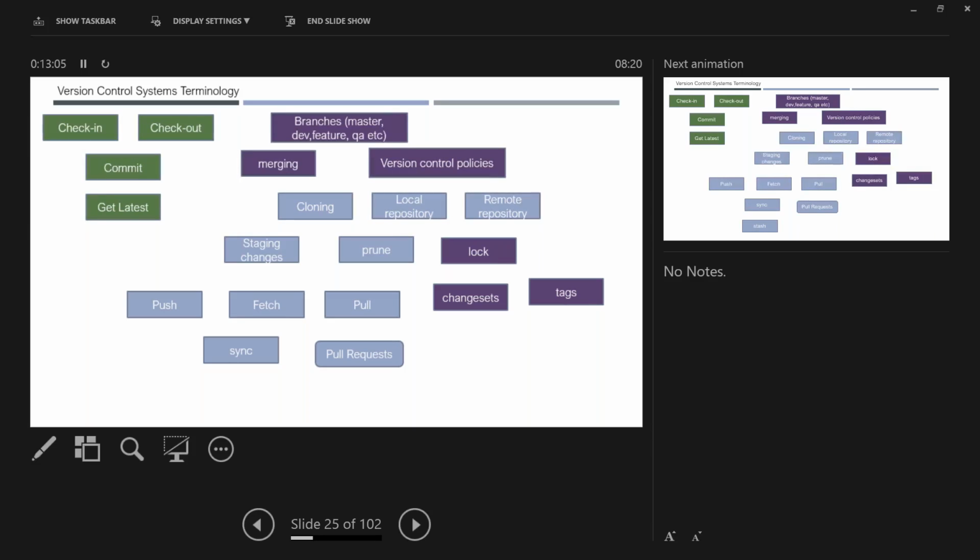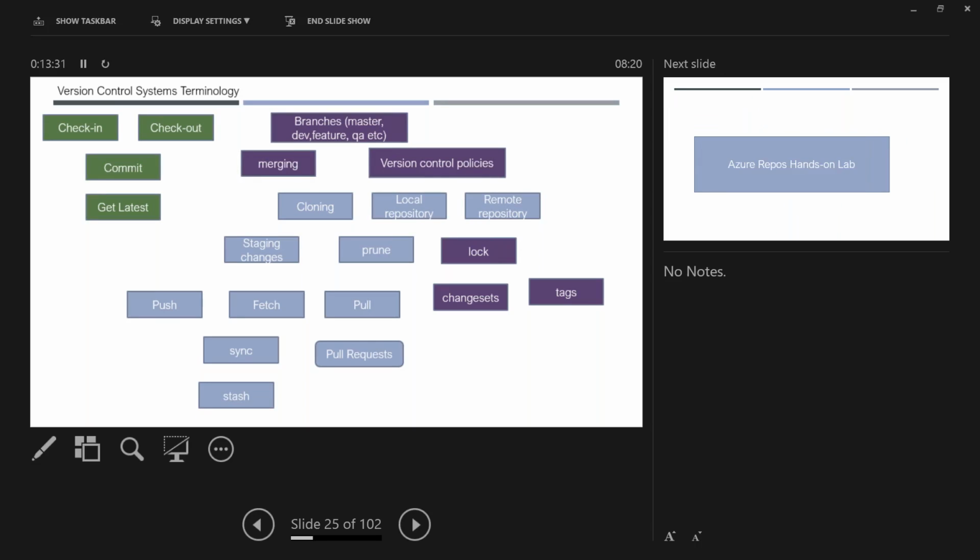But the problem here, you do not have any tracking. What you asked, what that person did, what review comments were given, whether you fixed it or not, all those things are not available. So in a distributed version controlling system, pull request is the de facto standard to do the code reviews. Okay, we will talk about it. Pull request is very general, you should be knowing that. Okay.